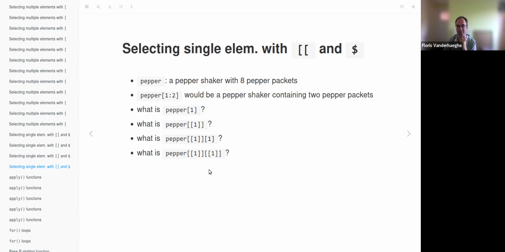You would say, okay, this is a list, but of what? In this reasoning, you have a list of pepper grains again. So the one pepper packet is a list of pepper grains, and then this is a pepper packet with just one pepper grain, because you are shortening it with single brackets to